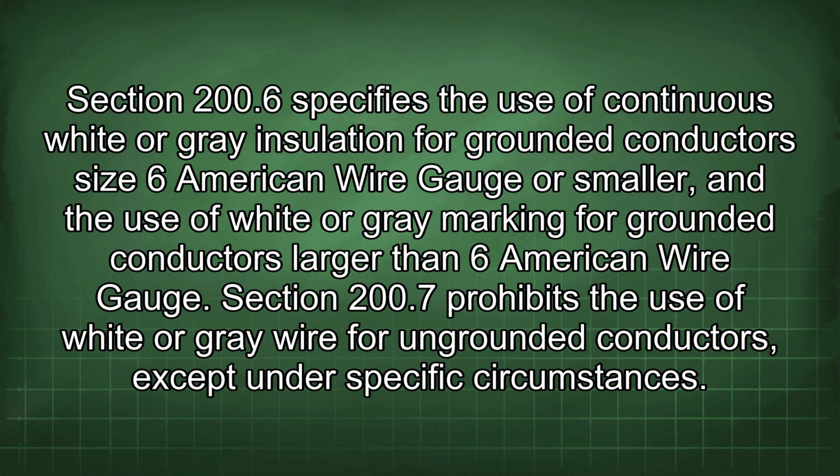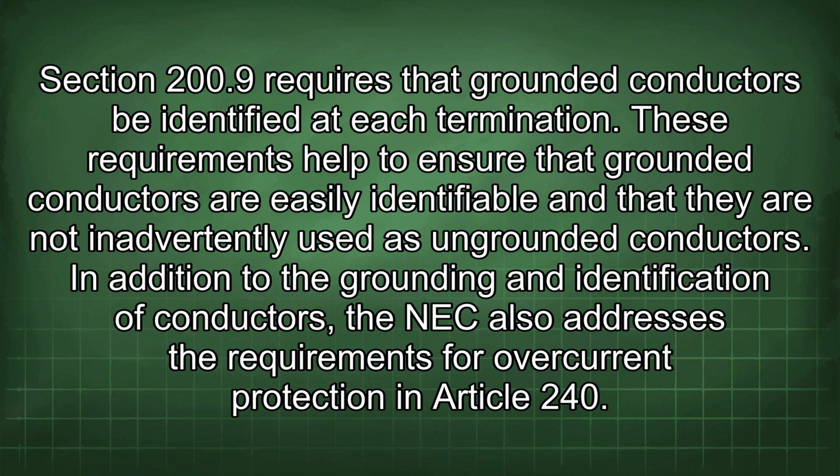Section 200.7 prohibits the use of white or gray wire for ungrounded conductors except under specific circumstances. Section 200.9 requires that grounded conductors be identified at each termination. These requirements help to ensure that grounded conductors are easily identifiable and that they are not inadvertently used as ungrounded